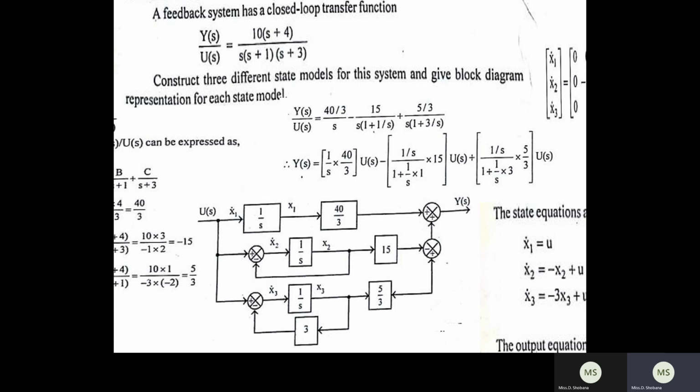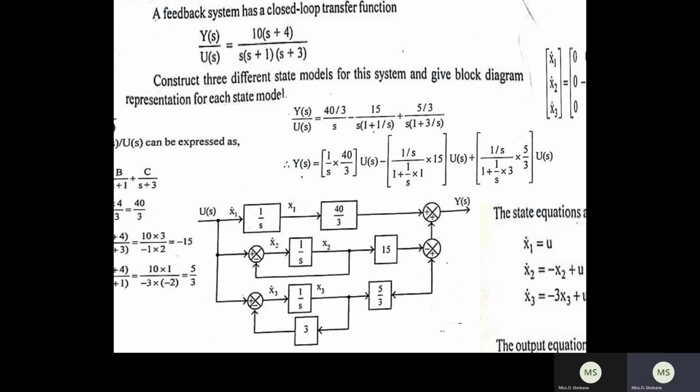Here you can see 1 by s is there, so directly 1 by s is given to your 40 divided by 3 gain, and the output of this goes to the output summer. Then you can see 1 divided by 1 plus term, which is nothing but your loop. Therefore, for the numerator 1 by s, unity feedback is implemented, and its input is x2 dot of t, output is x2. Similarly another integrator is implemented, and the feedback signal is taken and given to the input side, that is 3. Therefore the output will be 3 divided by s plus 3. Now you can write the equations.